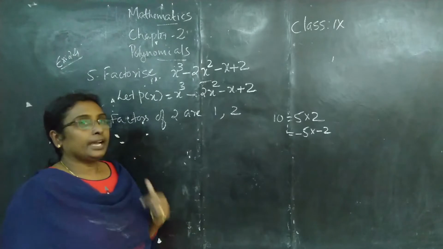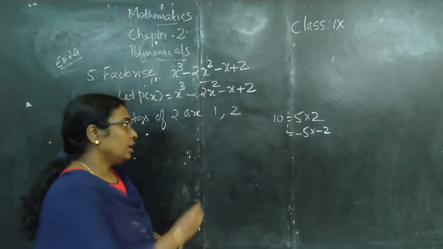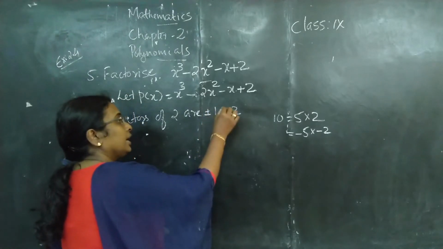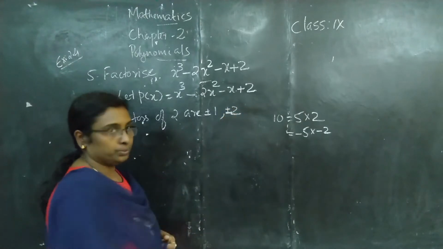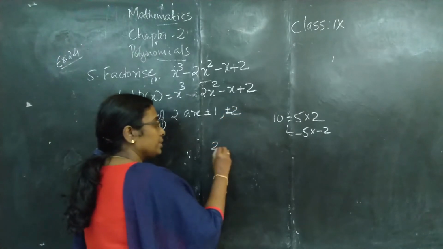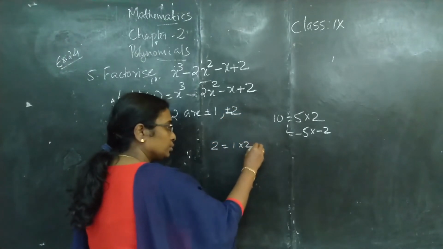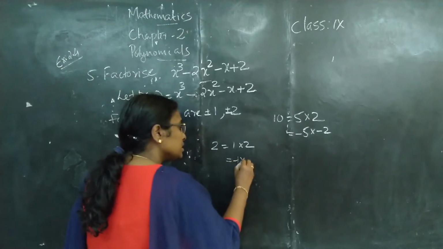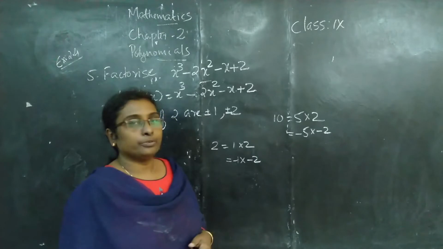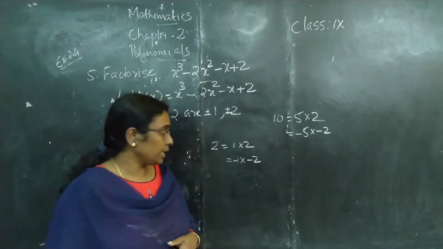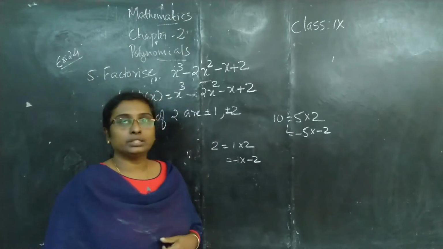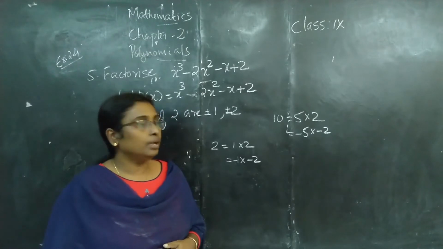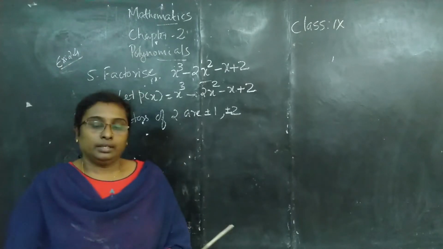Similarly, the factors of 2 are plus or minus 1 and plus or minus 2. Since 2 can be written as 1 into 2, 1 and 2 are factors. 2 can also be written as minus 1 into minus 2. Therefore, minus 1 and minus 2 are also factors of 2. So the factors of 2 are plus or minus 1, plus or minus 2. Then,